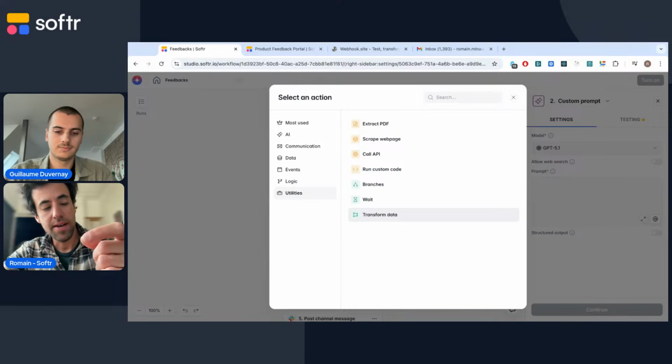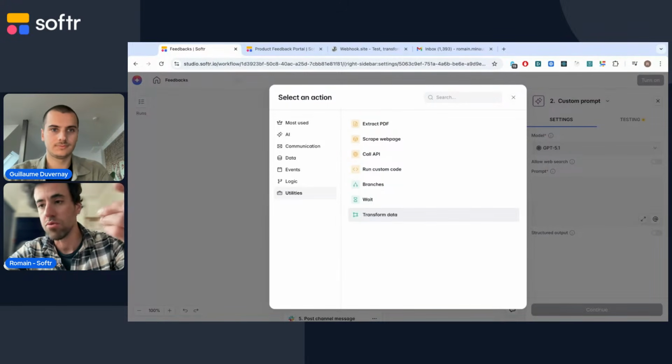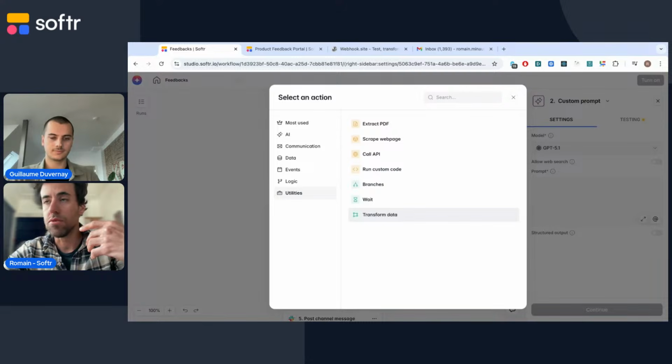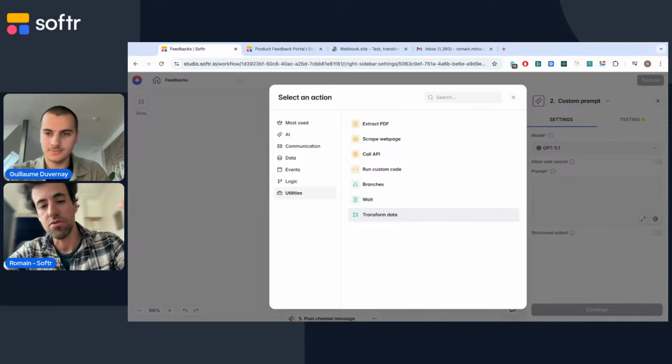And the transform data, it's a way to use formulas. So for those of you that are familiar with our database or similar databases where you can use formulas to define the value of a row, transform data allows you to use formulas, but to transform the data from a previous step. So typically, you want to extract the day from a date, you can use a transform data. You want to do some basic arithmetic, you can use this as well. Or you want to transform a string to put it to lowercase, you can use also a specific formula.